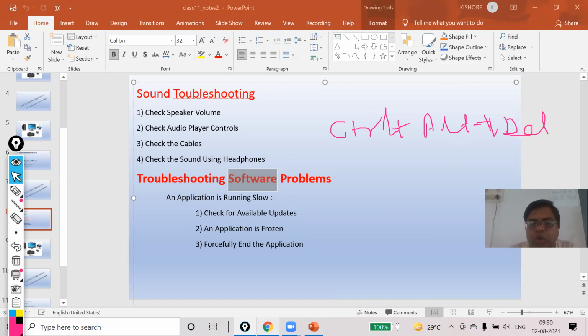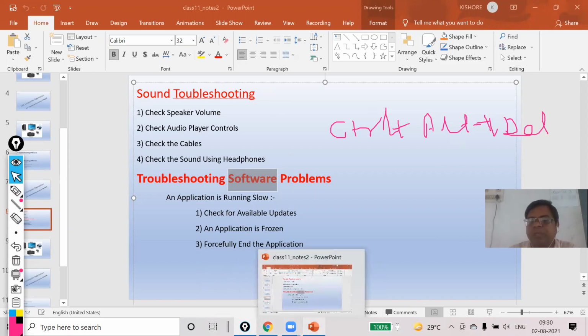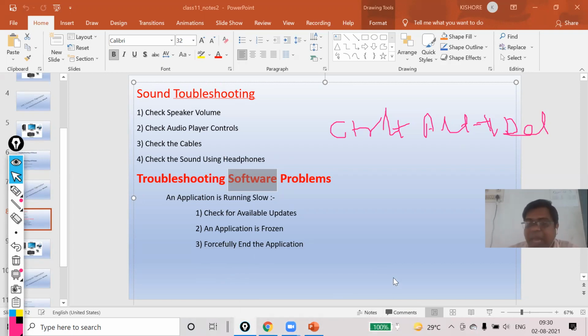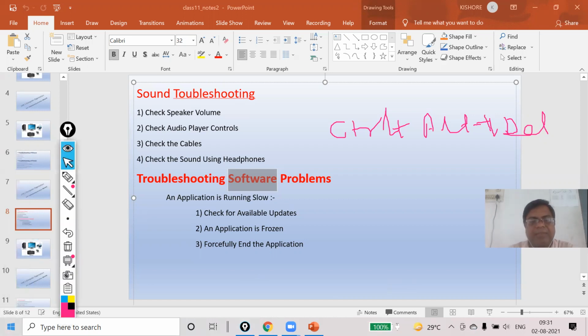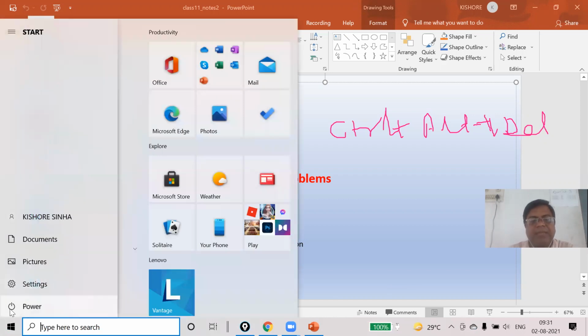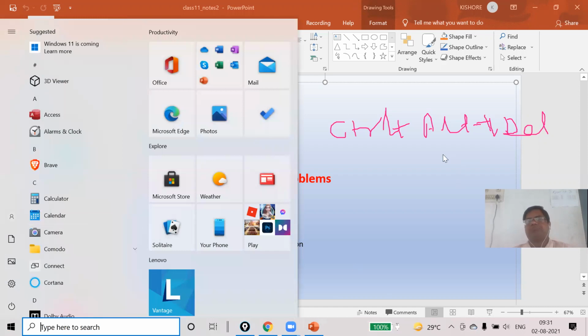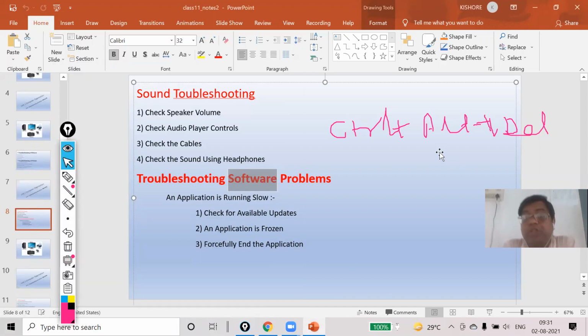So I will close my Zoom and other applications, and then directly shut down the system by clicking on the Windows button, then power, and then turn off. Now, if your system is still not closing, then there is one more step.